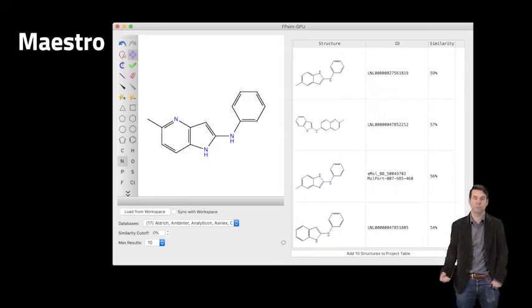So this is a Qt application that sends your ideas as you draw them across the internet to a server that searches in live time 2 billion compounds that are commercially purchasable. And you might think, 2 billion, that sounds like a lot of compounds. That's actually nothing in drug-like chemical space. The potential drug compounds that we could create is 10 to the 60th. That's a number so big that our brains really can't comprehend it.